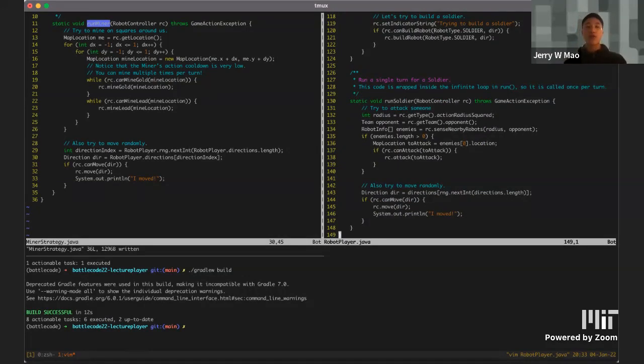And so you can do this to split your code apart into separate bits and pieces to make it easier to manage. Otherwise, if you have a really long file, then Ctrl+F-ing through it to find one piece of code can be pretty hard. But if you split it across multiple files, then it's easier for you to get a feel for what you're looking at and to move between files a lot easier. Cool. So the last thing on the menu for today is we're going to improve our miners